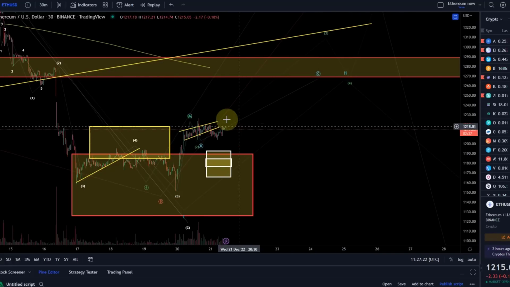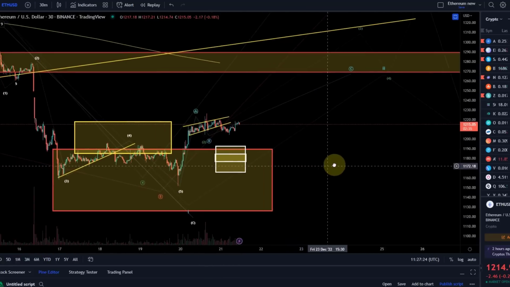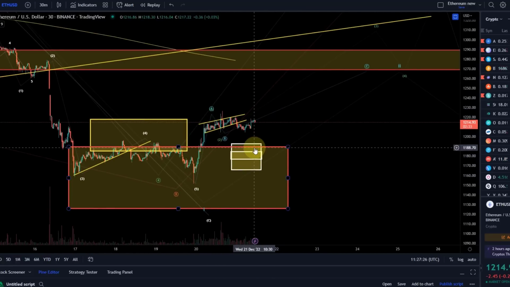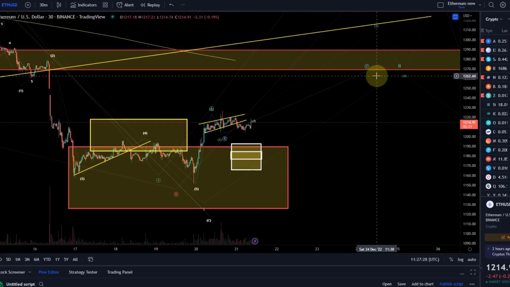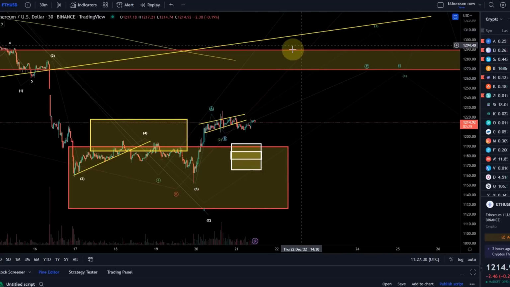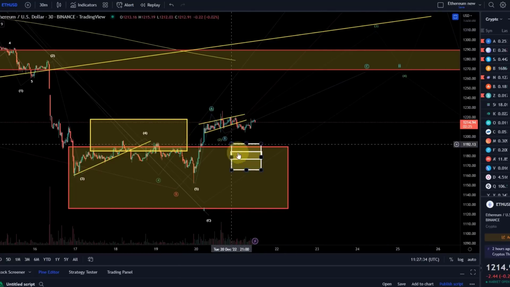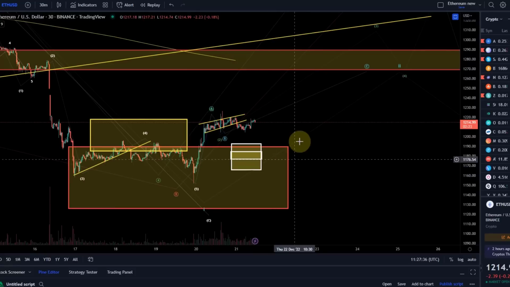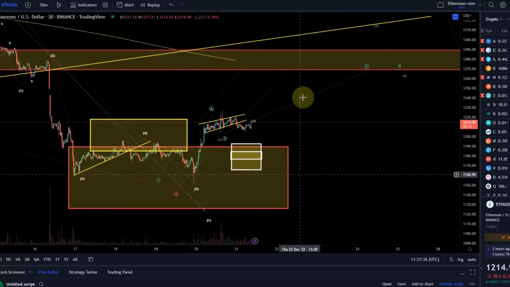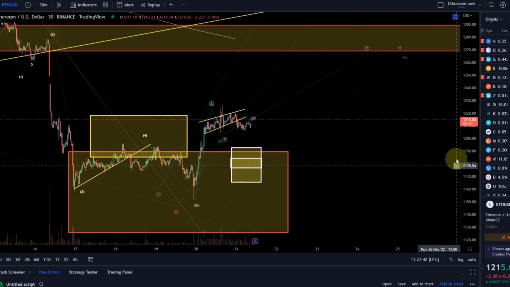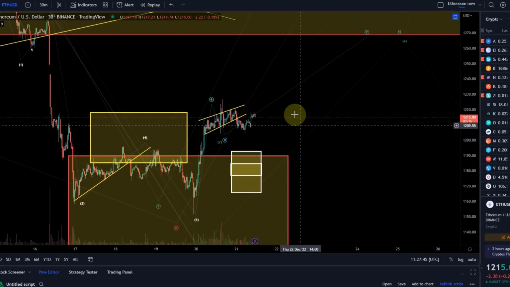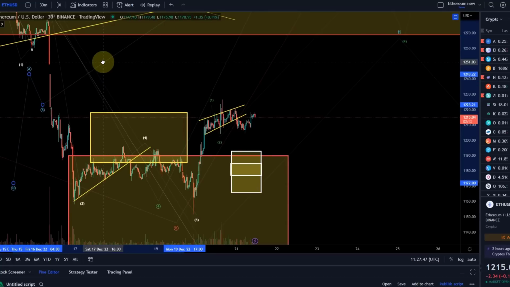Now it's all about the very short term. In both the blue count scenario and the green and red counts, I would still expect us to go higher. So the confluence is still there. What is unclear at the moment is this very, very short term pattern. So it's a bit tricky. Let me take that out first.